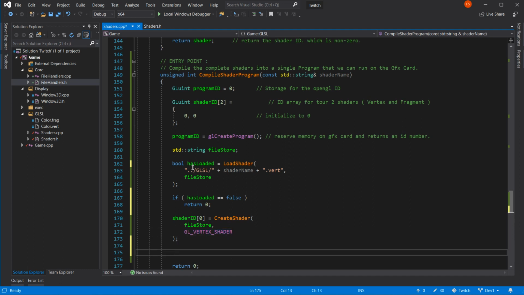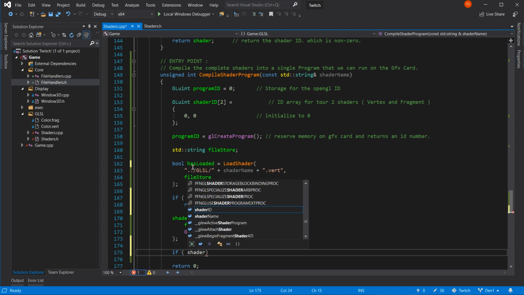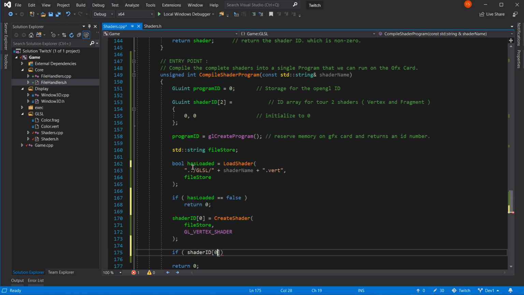Sorry, all you shorthand people. Don't like it. If shader ID 0 is equal to create shader, gives us what, a bool or a 0? Unsigned int 0. Then return 0.